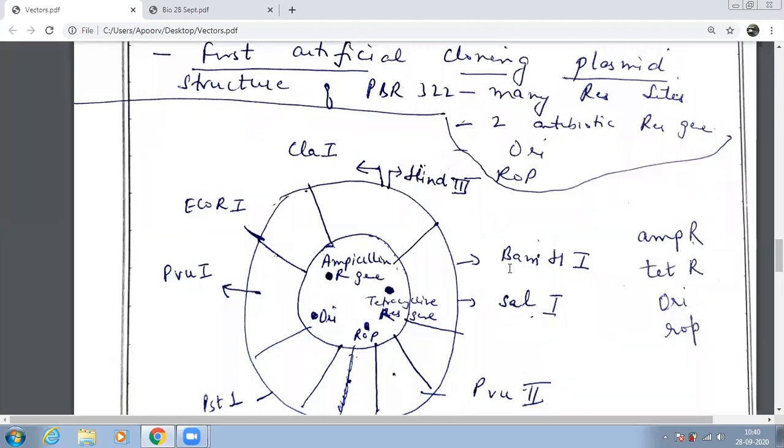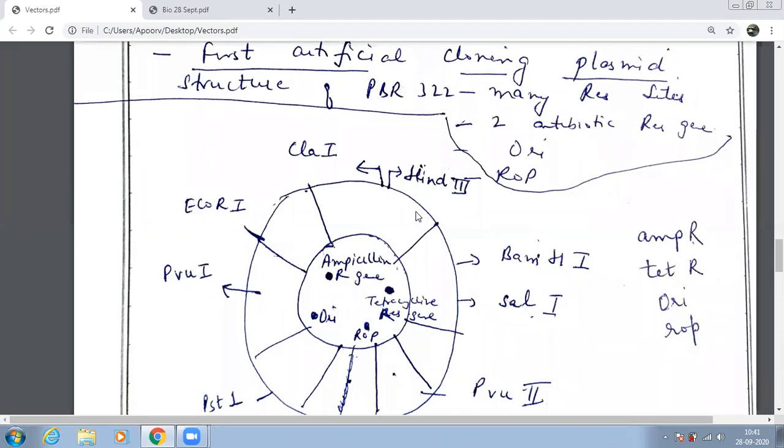B and S. You can't think of anything about B and S. We are biology students. Very good, excellent. We got a clue: biology students are always ahead. They are always number 1, and they are Hindustanis also. So we'll take it as BAM H1 and student number 1. So BS is BAM H1 and SAL1. Clear, everybody?